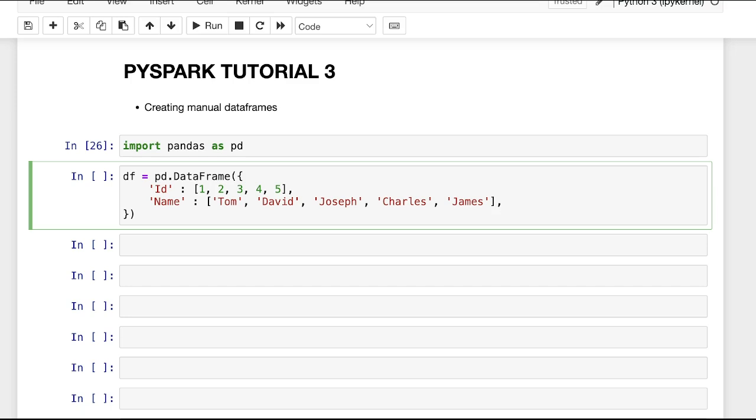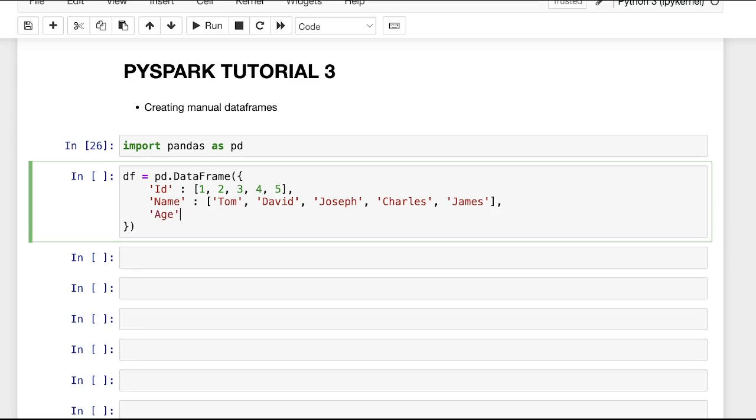Now we also want the age of employees, so we will create a new column age, and we will provide the age for them respectively. This was the age, and we want one more column like salary.